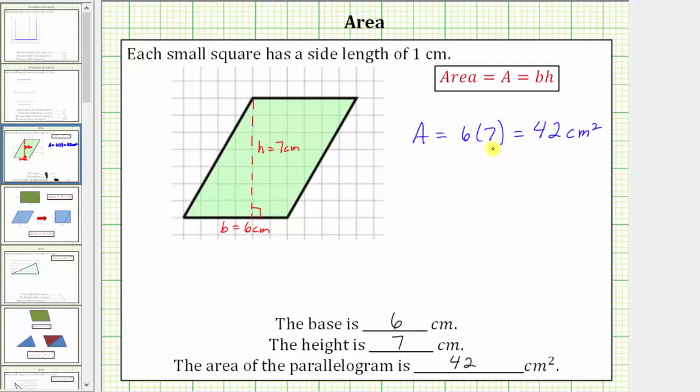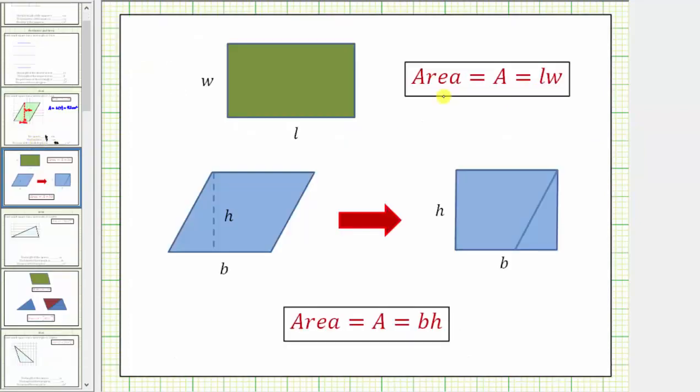Before we go though, I do want to mention where this formula comes from. We can always take a parallelogram, cut off a triangle from one side, and form a rectangle, which is the reason why this area formula looks just like the area formula for a rectangle. We know when we have a rectangle, the area is equal to length times width, but if we have a parallelogram as we see here, if we cut this triangle off on the left and then slide it over here